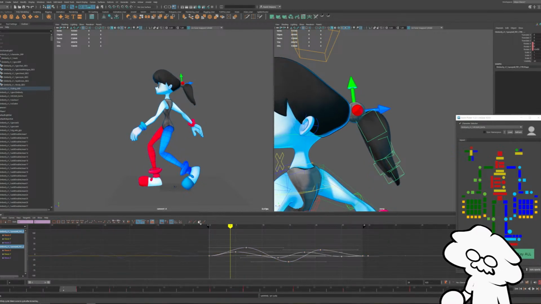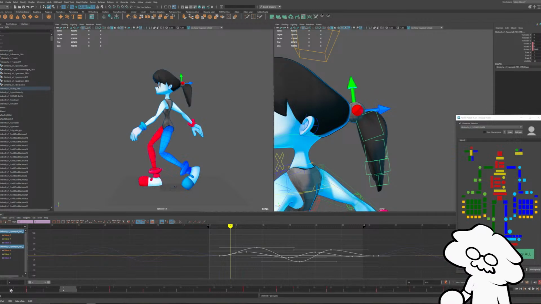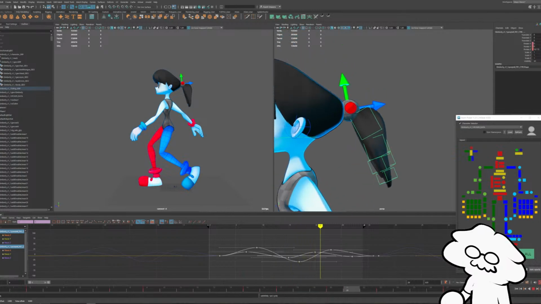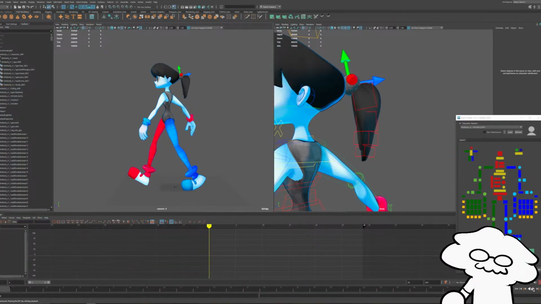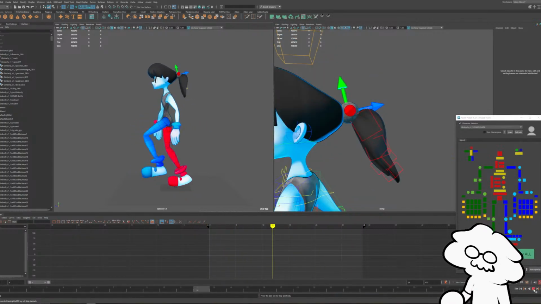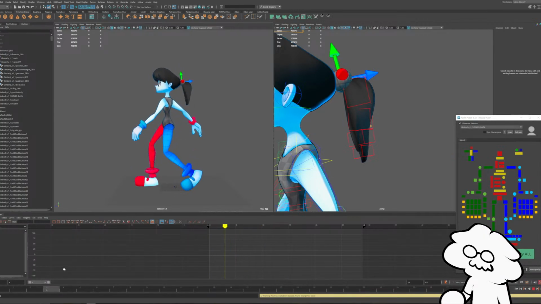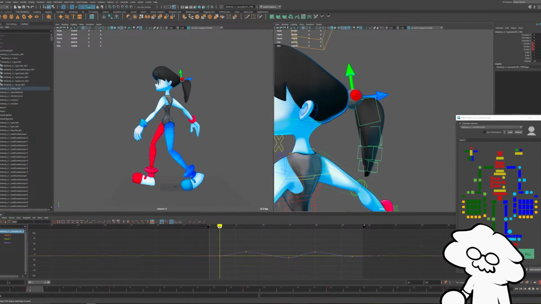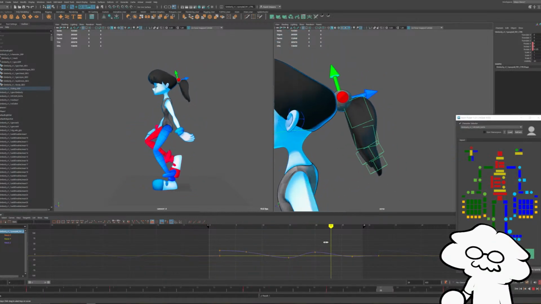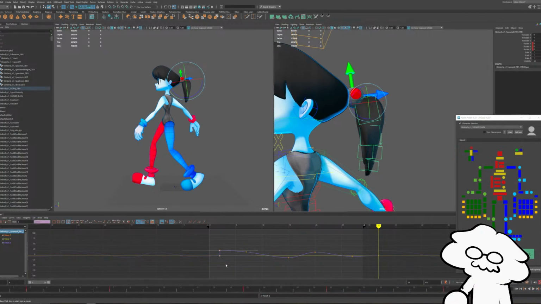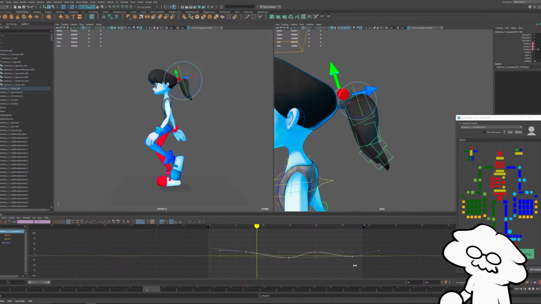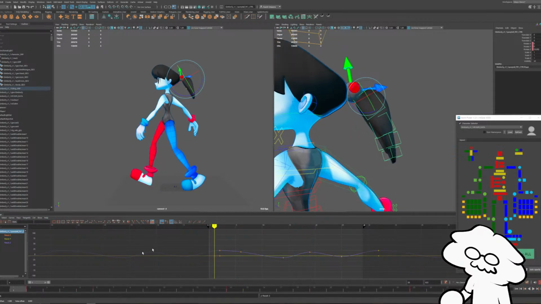Let's loop it and delay it a little bit. So how's that look so far? It's a little bit better, but still too stiff. Let's make these first few keyframes on this a little bit farther back. Move some keys over.